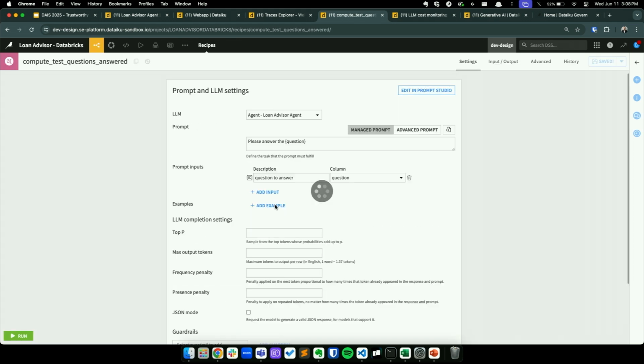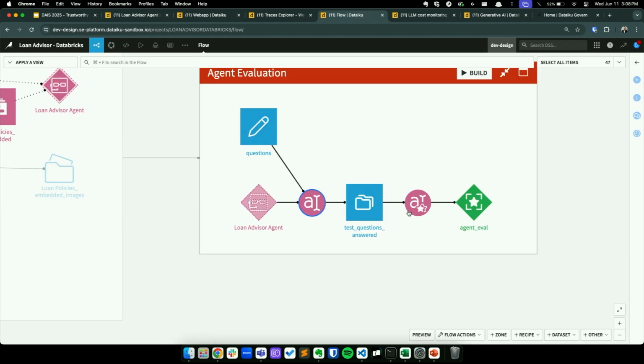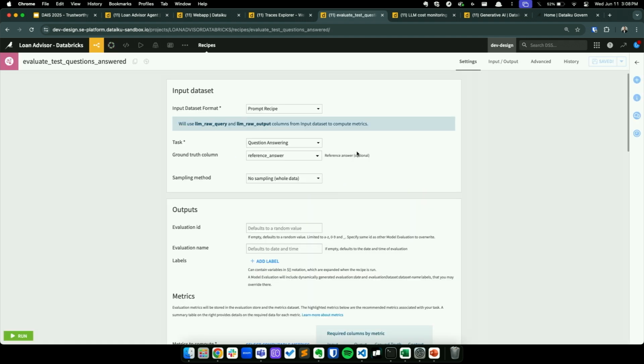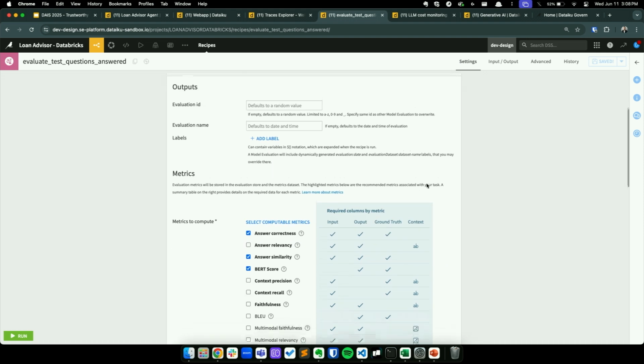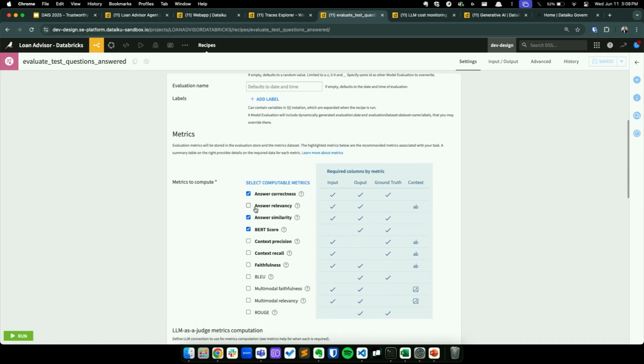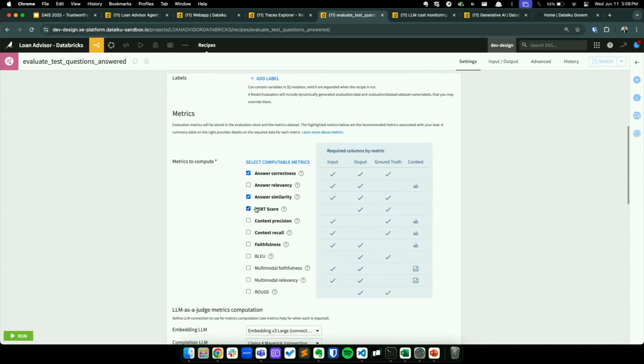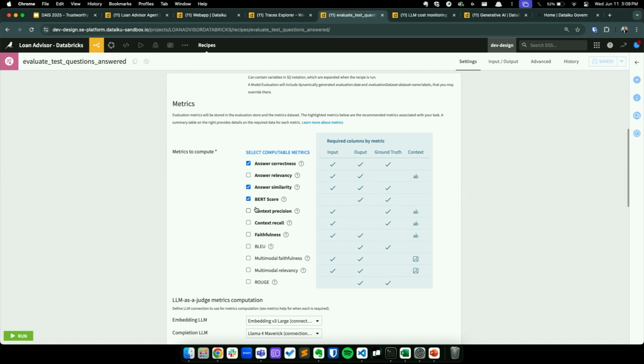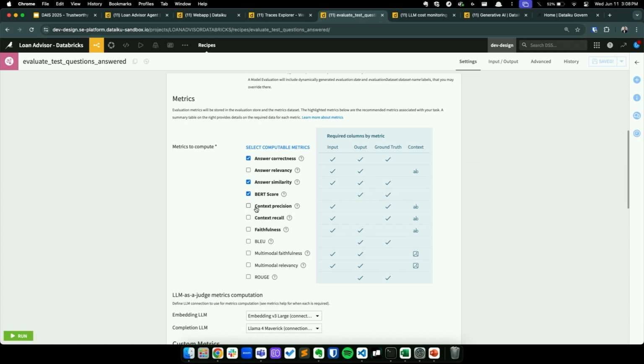We're asking the agent to respond one by one to each of those questions, and then we're using an LLM as a judge to create the calculations for these specific metrics. Is the answer correct based on the labeled data set that we had? Is it relevant? If it's using a RAG approach, we can also calculate things like the context precision and recall. Did we do a good job from a retrieval perspective of finding the right documentation or using the right tools?